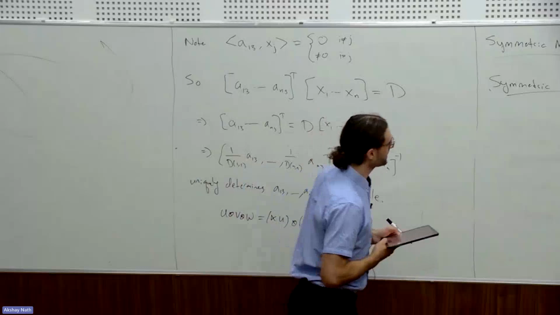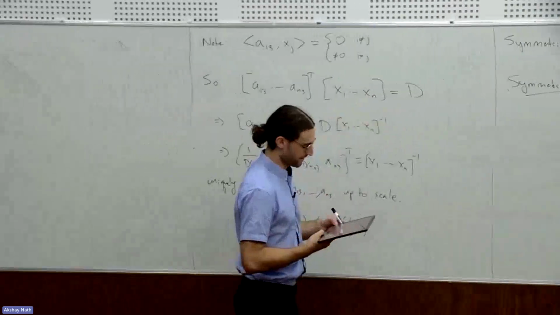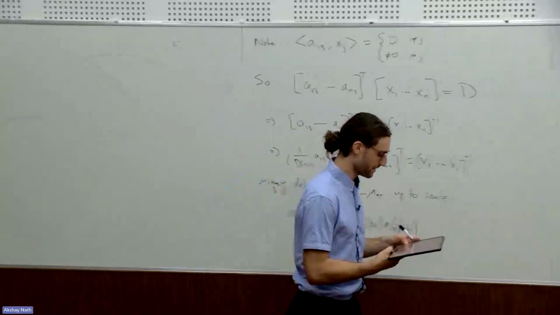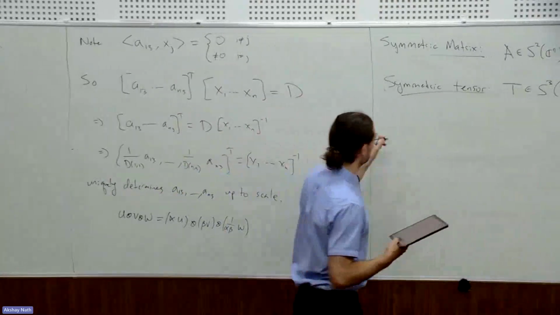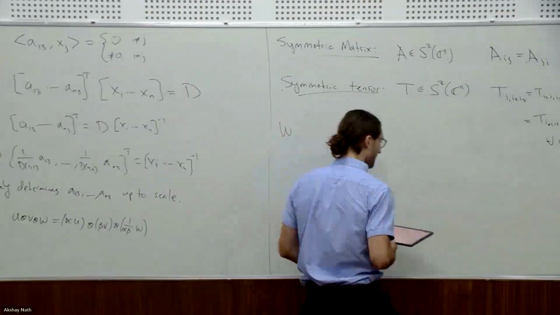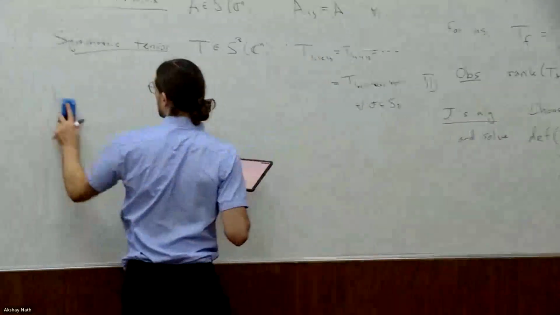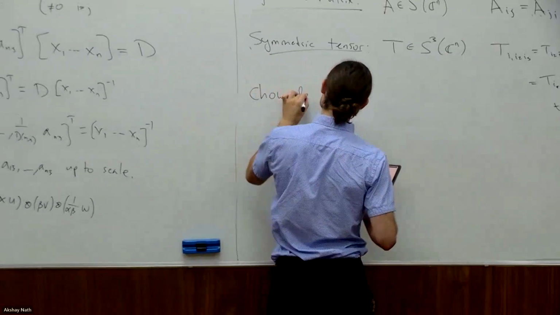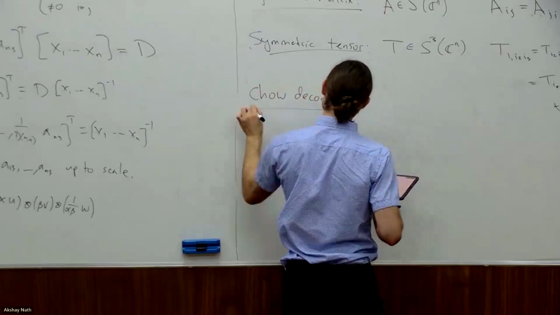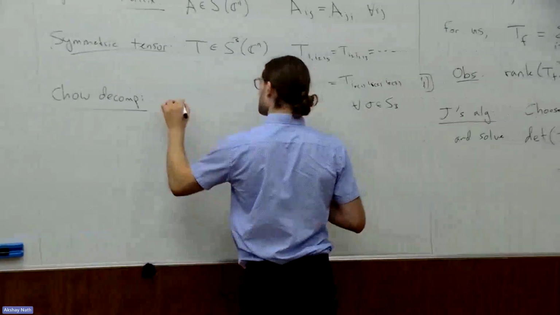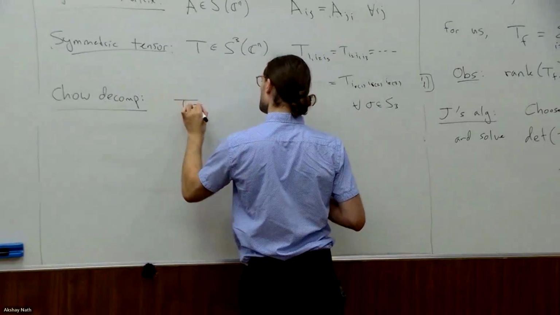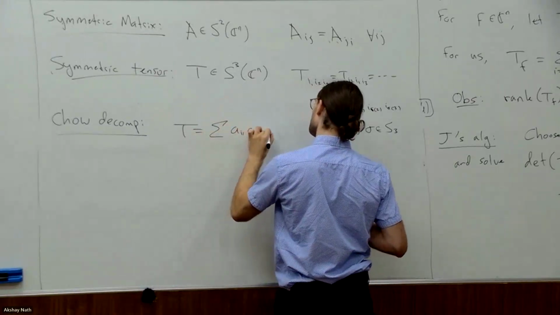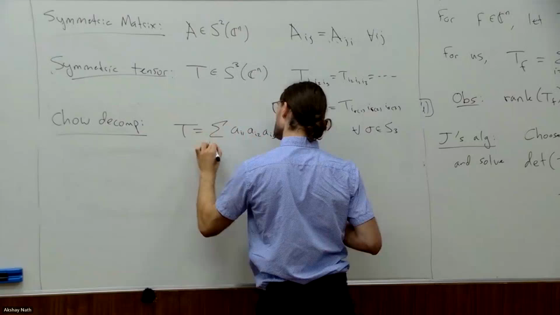And then one type of decomposition for symmetric tensors, which has some similar applications as I mentioned before for tensor decompositions, is called Chow decomposition. So this is writing your tensor as a sum of what's called the Chow product,